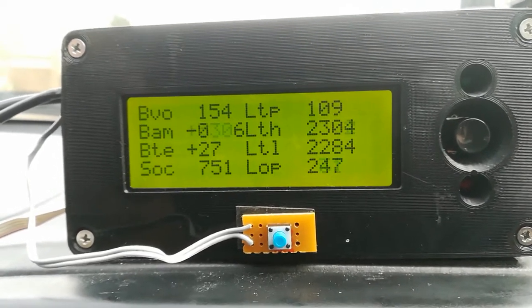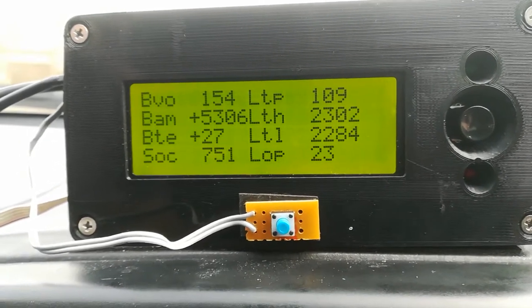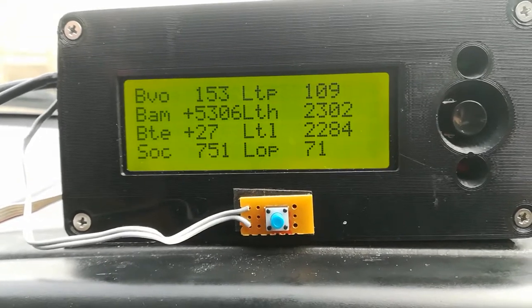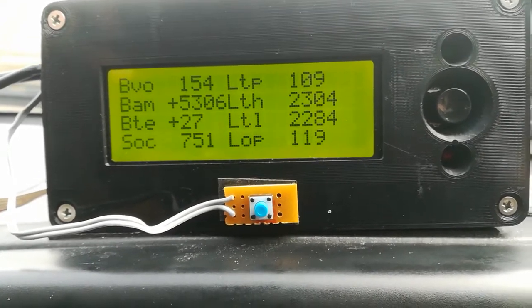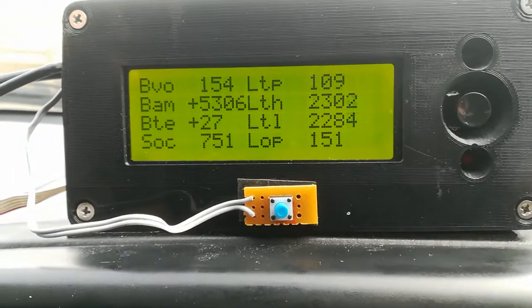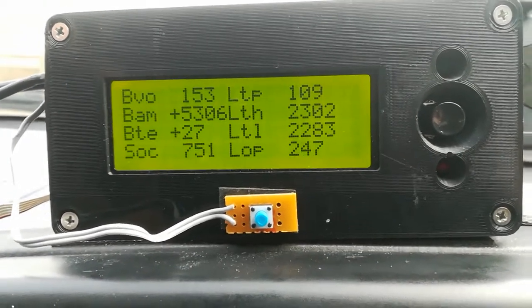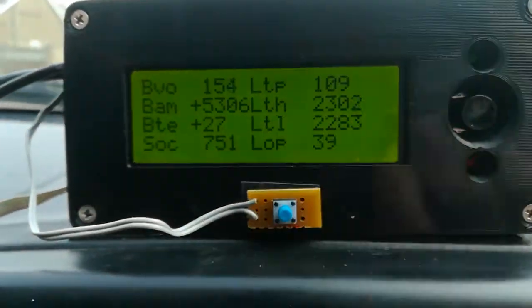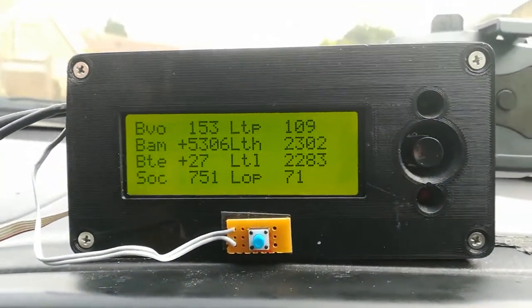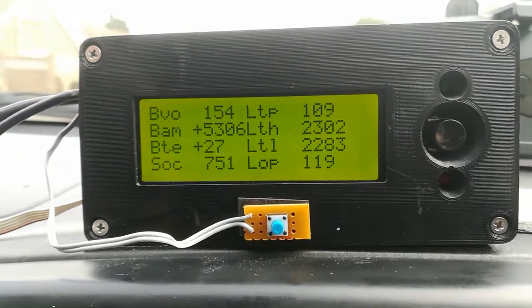So on the left hand side we've got the normal voltage, battery amps, battery temperature and state of charge. Now the battery voltage is the faked voltage, and the amp parameter there has got a bit of a glitch at the minute, but we can sort that out. And there's also an erroneous character here, but that's all minor stuff. So the important thing is that this is working